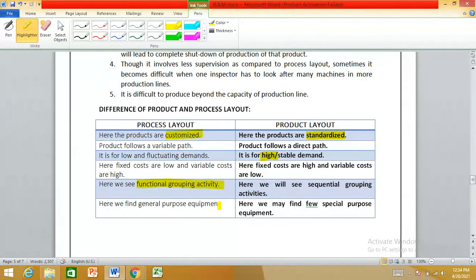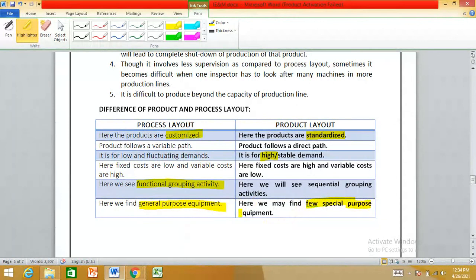In process layout, we generally find general purpose equipment. General purpose equipment means equipment where you can perform different types of work on the same equipment. Whereas in product layout, you will find some or few special purpose equipment.